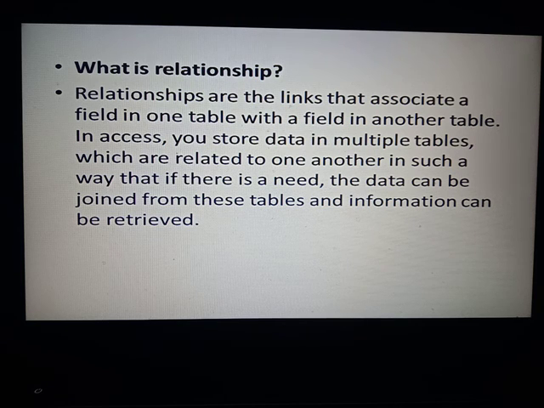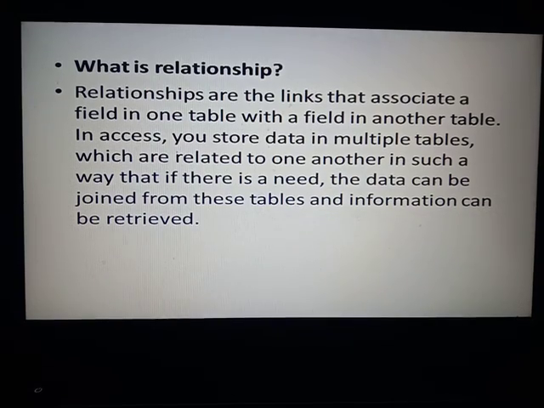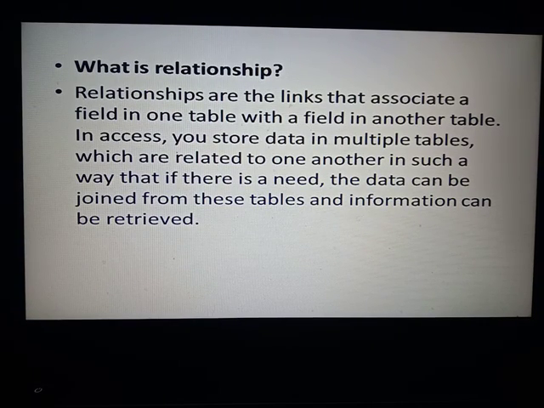Suppose we have a table with the fields roll number and name, and another table with the fields roll number and address. Then we can interconnect both tables with the field roll number, as roll number is a common field name.